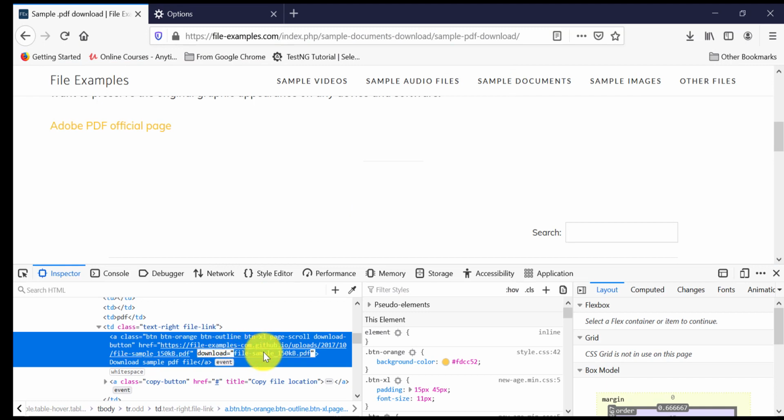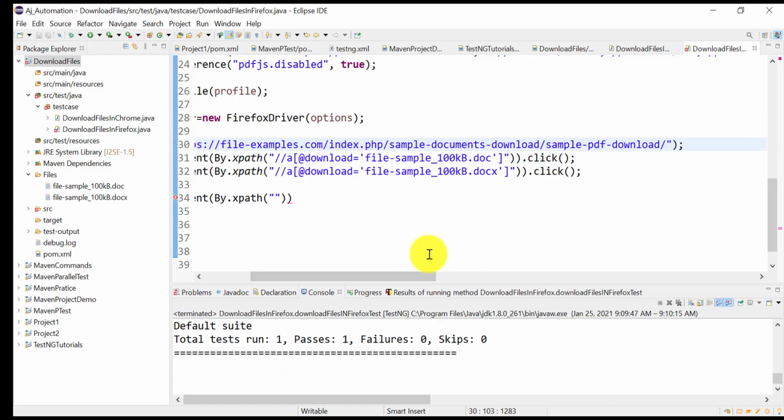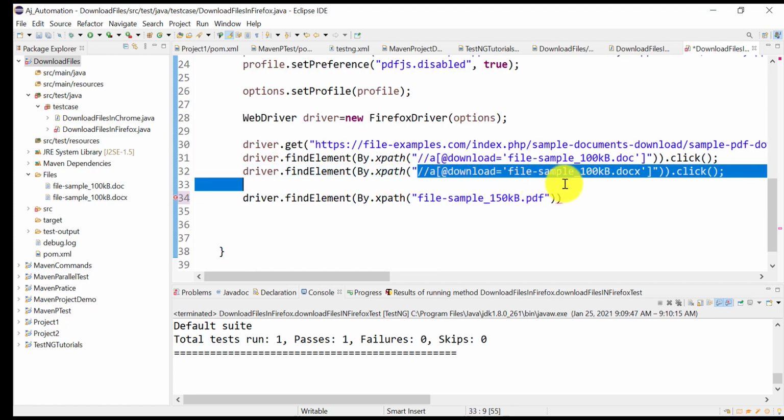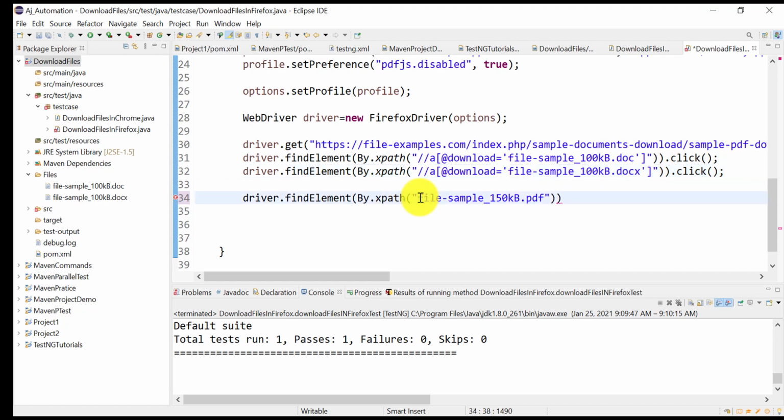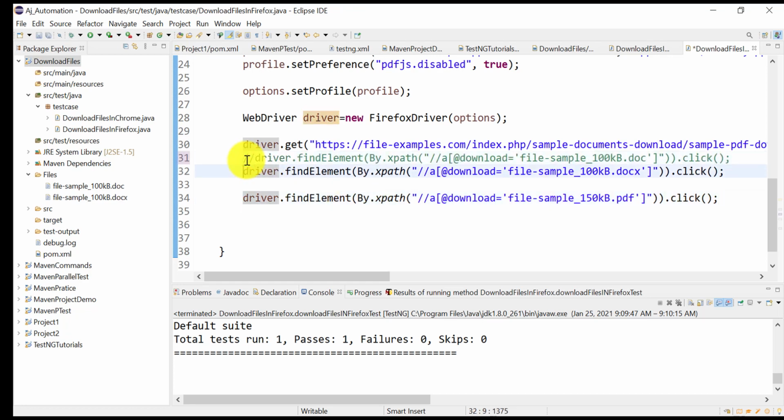Just change the value of this attribute. All this is the same. Download equal to single quote bracket dot click. Let me comment both of these. This time it should save the PDF.